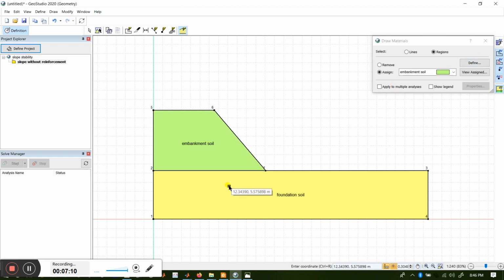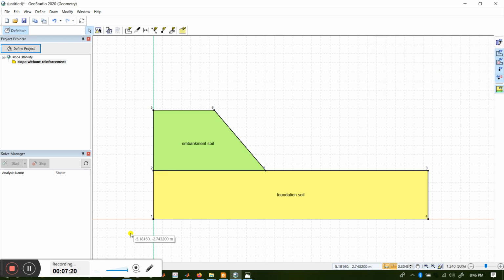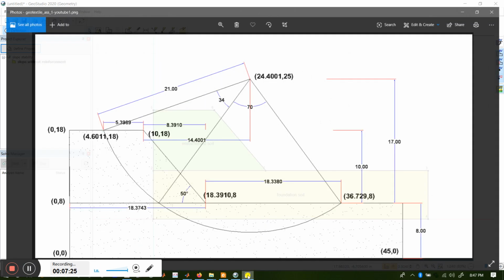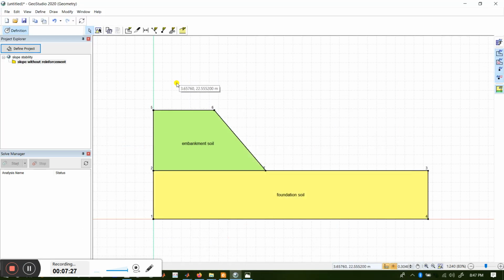Now we have added the material, we have not given the property, that I'll show you in a while. So now I'll close this also. So as we see, for schematic purpose we have drawn our region. This region is drawn, everything is drawn. The second step is, this is the geometry we have created. We have not given it property or anything.